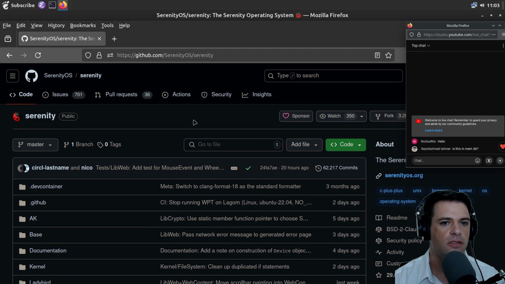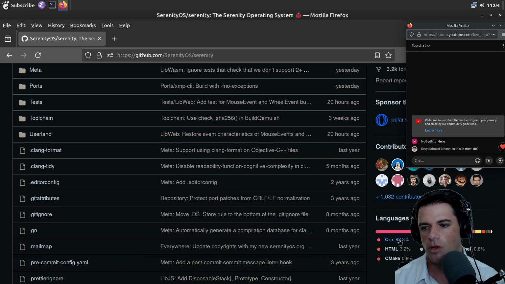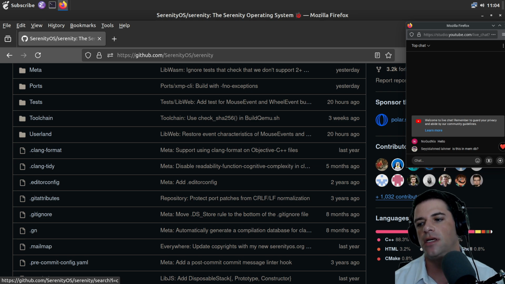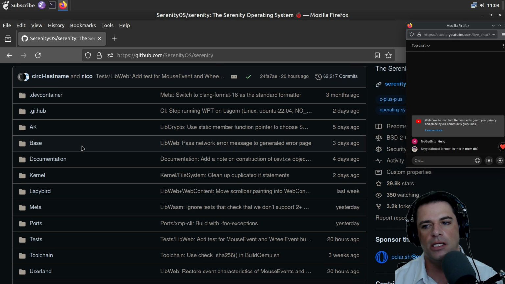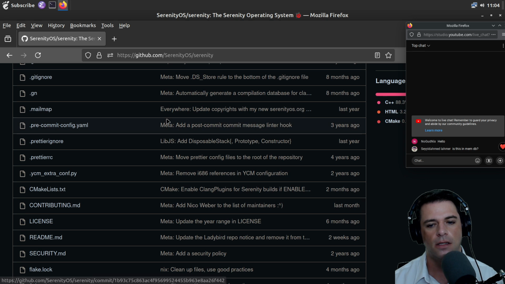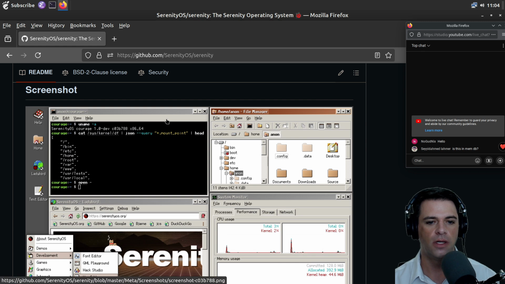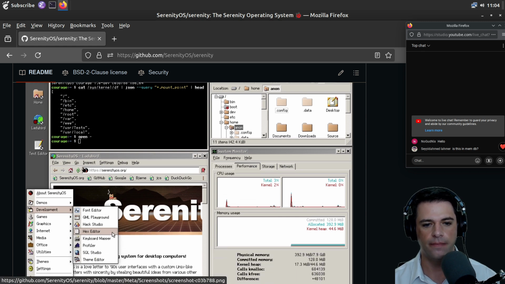We're taking a look at Serenity, the retro-style operating system. We have C++, mostly C++, 88.3%. There's some JavaScript, a tiny bit of C, and some shell and stuff. This used to be a one-person project, I guess, the same way that Linux used to be a one-person project. I'm pretty sure I read on Hacker News recently that the guy who started it is splitting off to focus on the browser, Ladybird, I think, is the name of the browser.